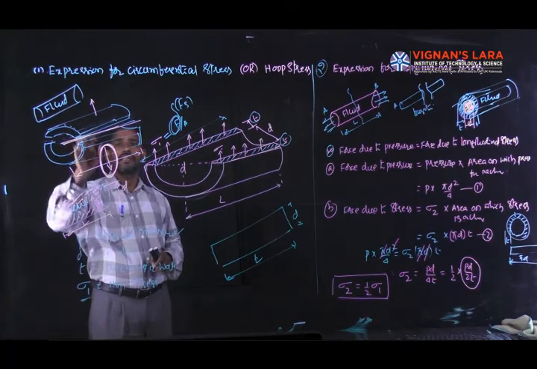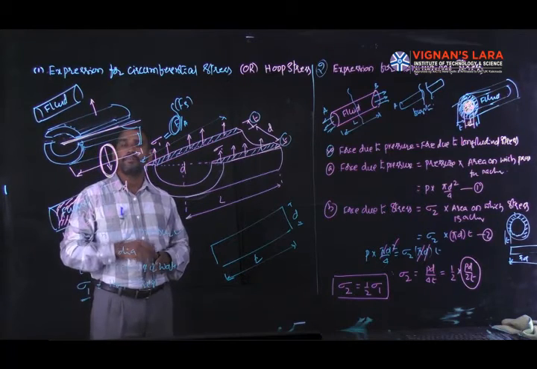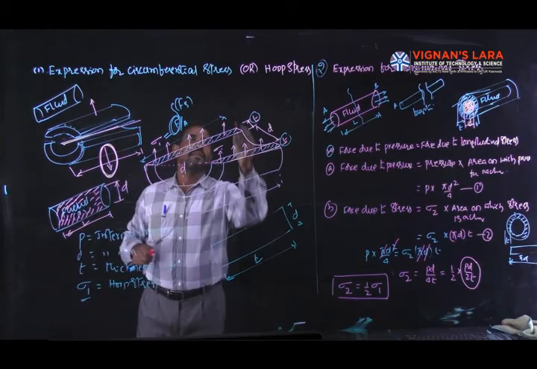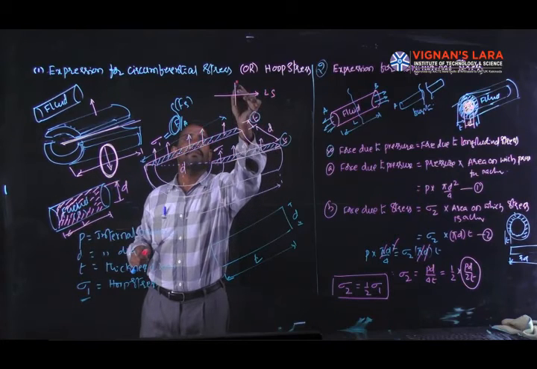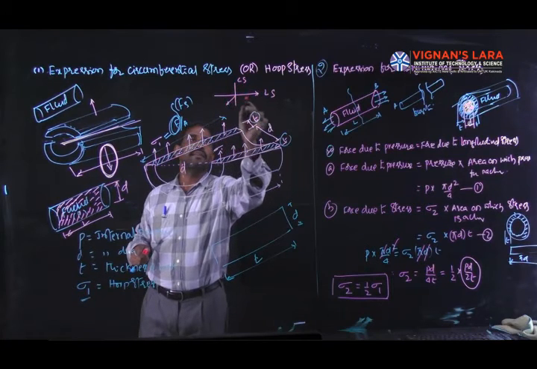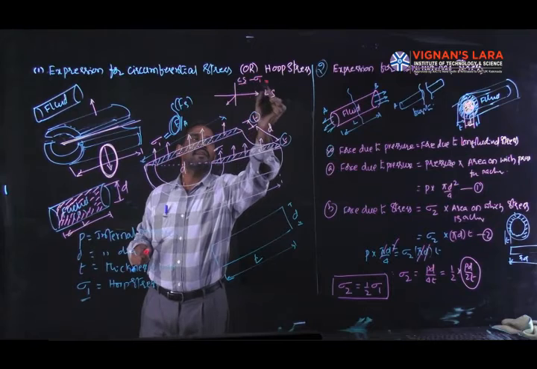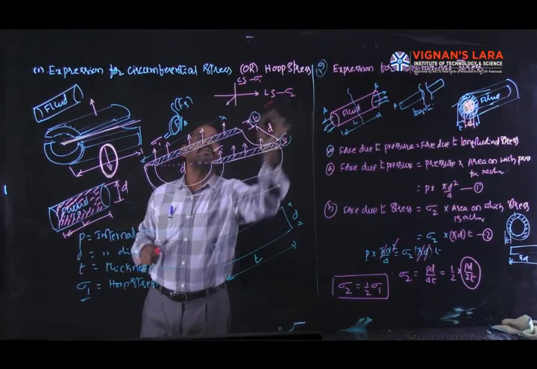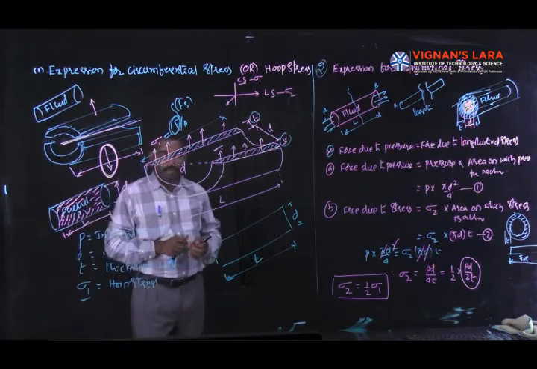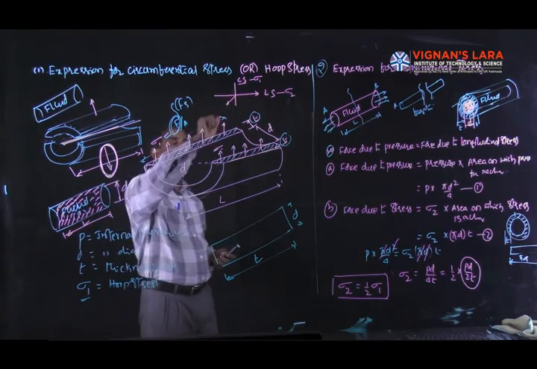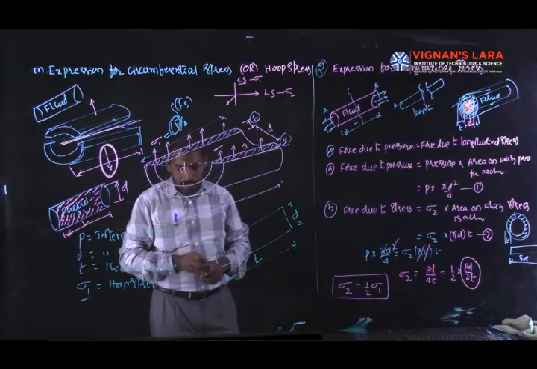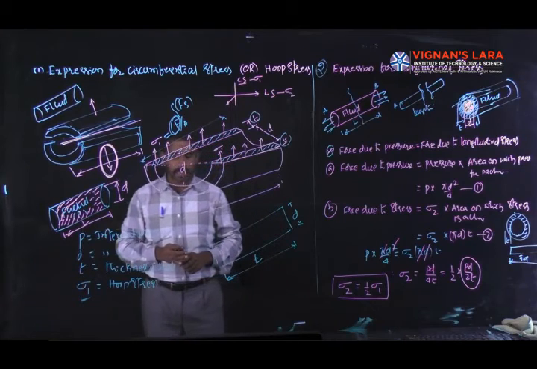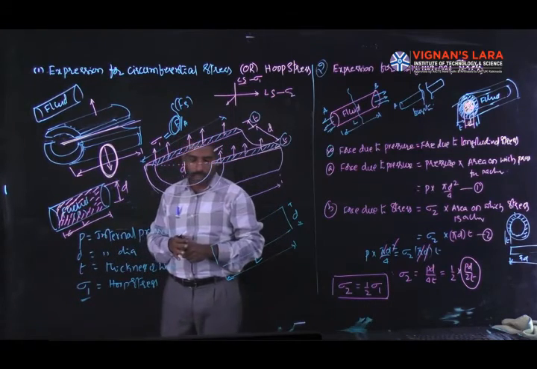Whenever a thin cylinder carries a fluid, stresses are induced in 3 different directions mutually perpendicular to each other. One is along the length, called longitudinal stress. The second is circumferential, called circumferential stress. And the third is radial. They are represented by sigma 1 and sigma 2. The bursting will take place in 2 directions: along the length, and circumferentially, due to the fluid pressure force acting on the cylindrical area.